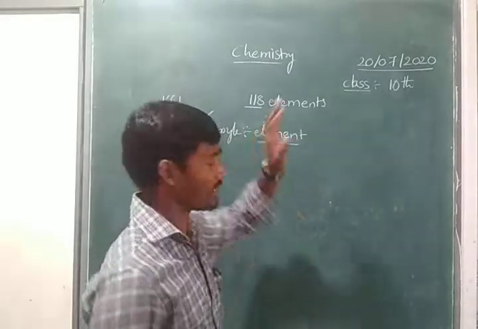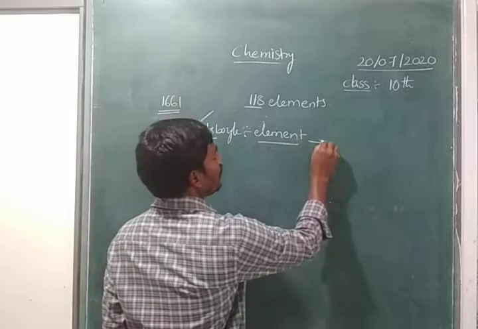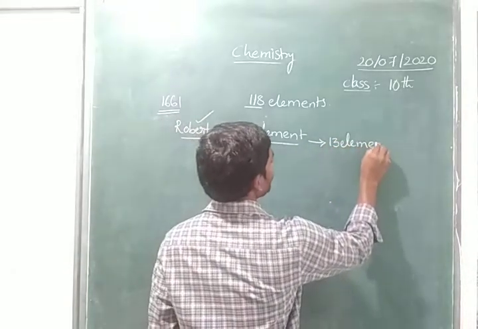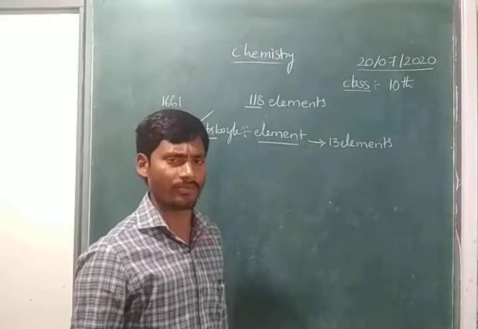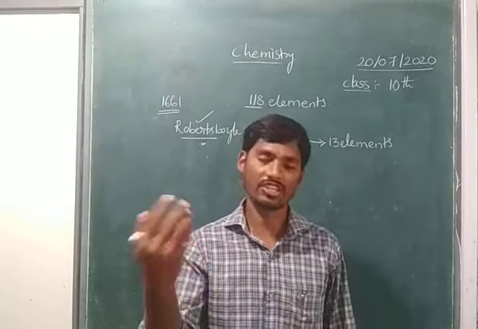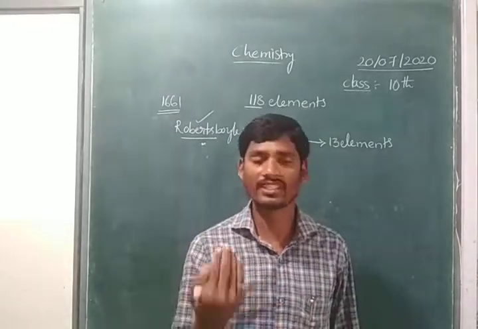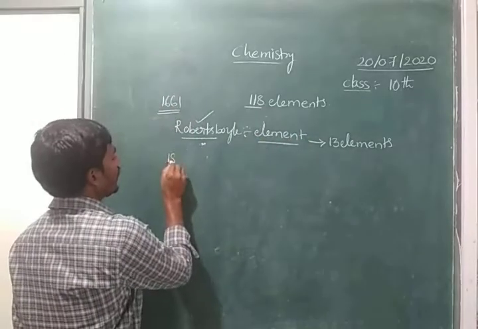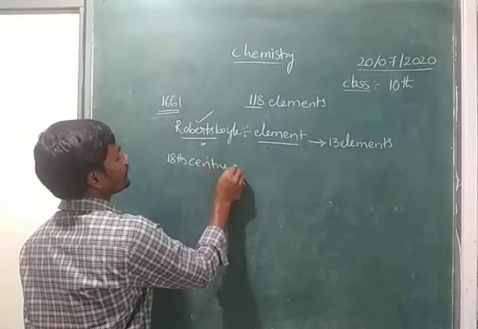At the time of 1661, we had only 13 elements. How many elements, children? Only 13 elements. If we have only 13 elements, we can easily say the properties of those elements. But coming to the end of the 18th century,